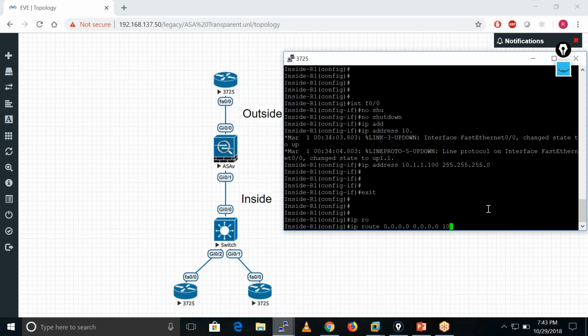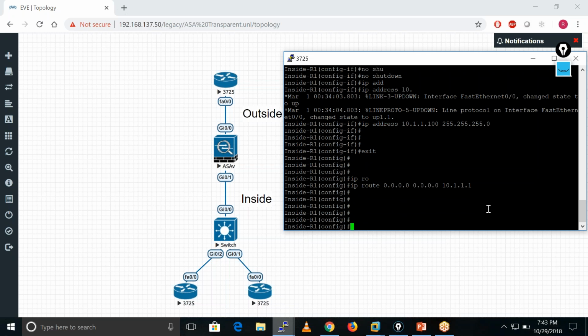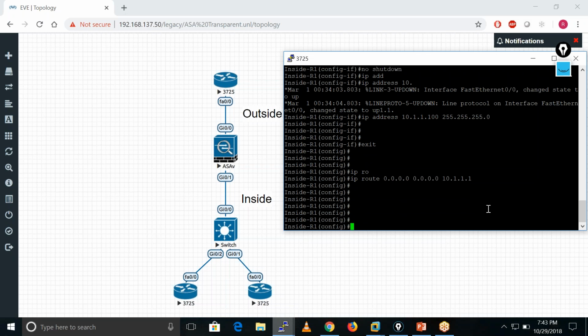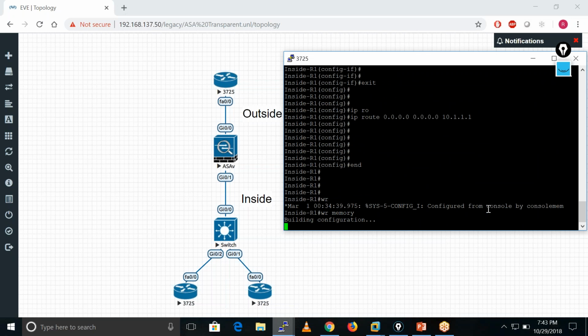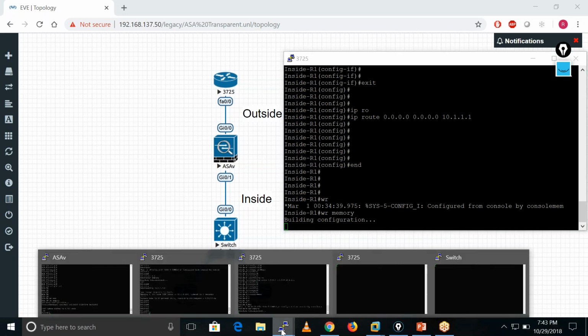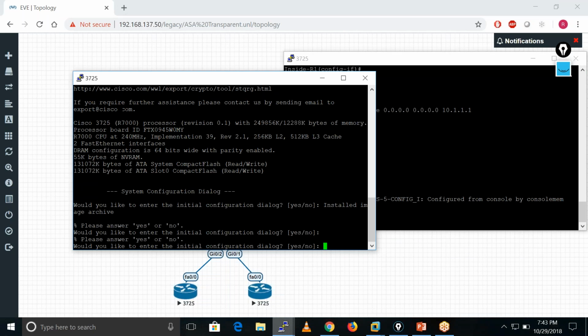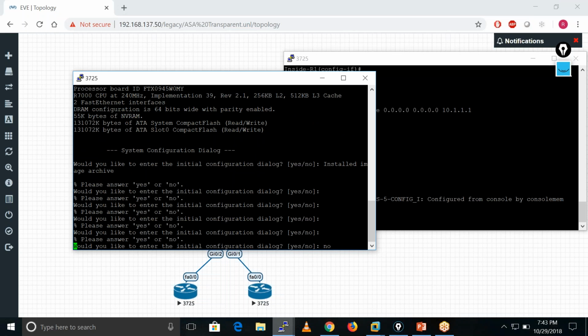Okay. So 10.1.1.1. I have done with the configuration on this guy. Now let me configure this one.